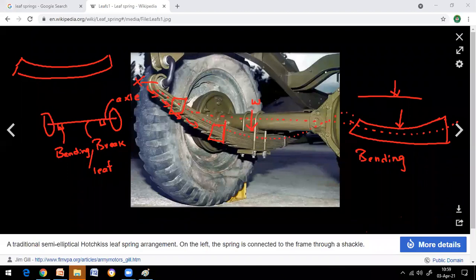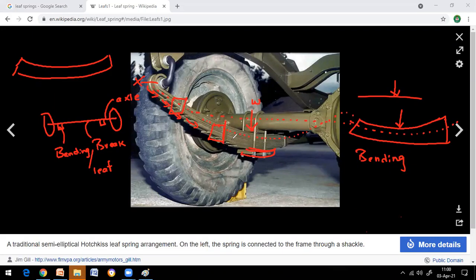Okay, let's continue. So what happens because of providing plates with a reduction in length? Load will transfer from the first plate to the second plate to the third plate to the fourth plate. Like this, load will transfer and carry till this end onward. So load distribution will always happen when there is a reduction in length. Then only does load distribution happen easily. That is the reason why the leaf springs are placed in such a way that the members are bent one by one, with an equal radius of curvature.